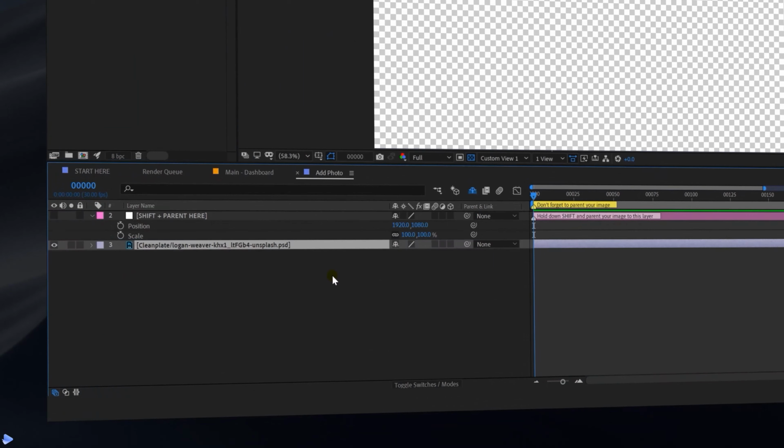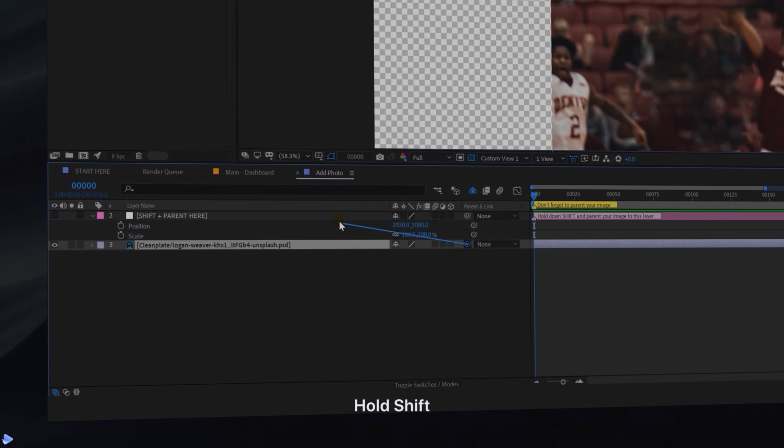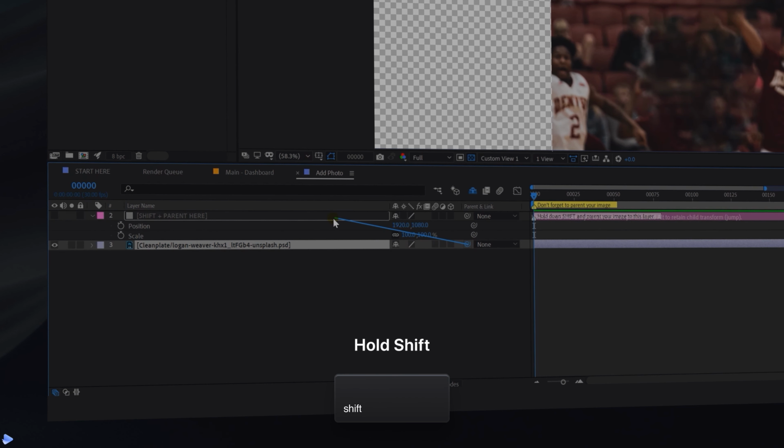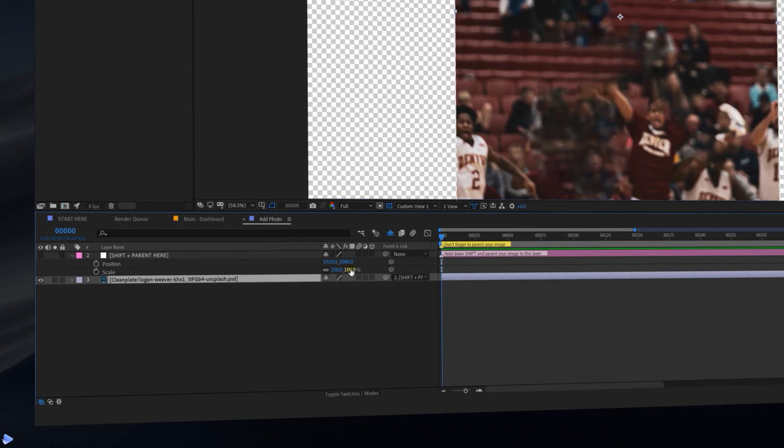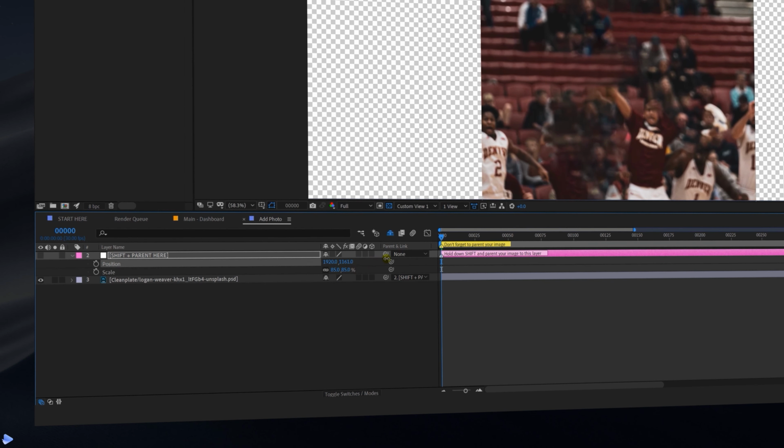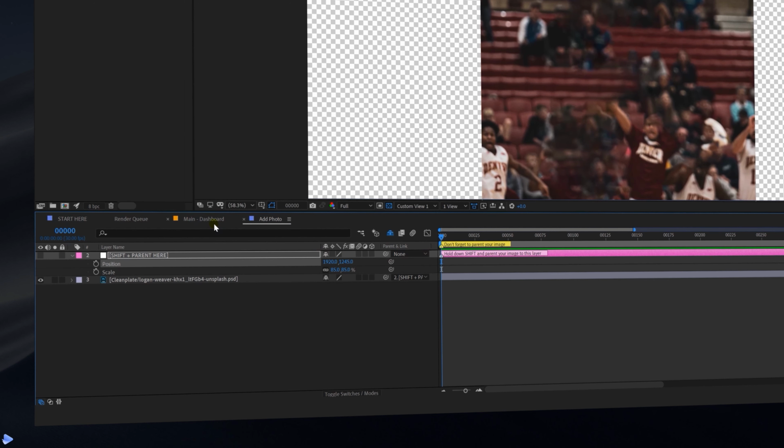We'll then parent it to this layer above whilst holding Shift. This part is important, and that will become evident in the other layers. Then we'll scale and position it using the layer above, not the base Photoshop layer, because we can copy these attributes from the layer above across the whole entire project, saving us quite a lot of time and energy.